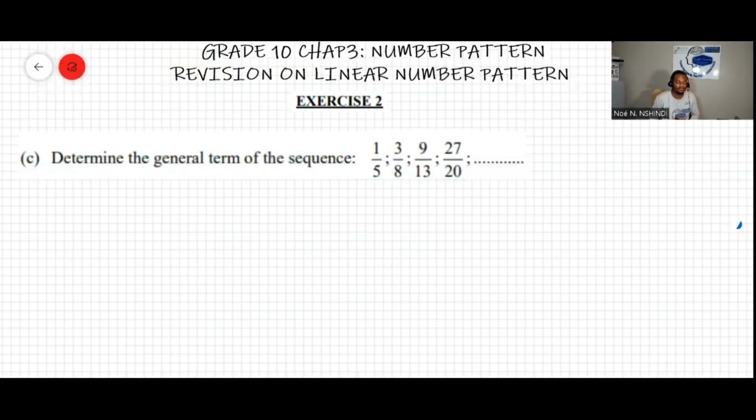Well, we have another question here. Question C says determine the general term of the sequence that we see there. Now, we can look at the numerator and then consider also the denominator. So we notice at the numerator, for instance, square numbers, because as we did in the previous two questions, A and B, we noticed that those are quadratic sequences. So we look at the first square number is 1, and then to get 1,